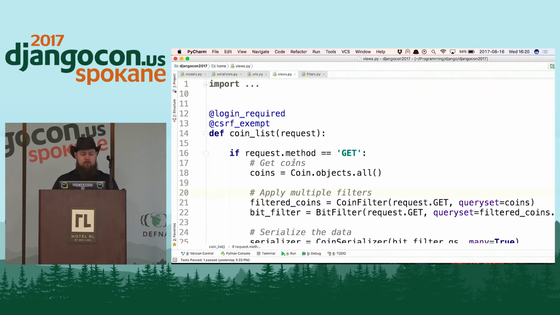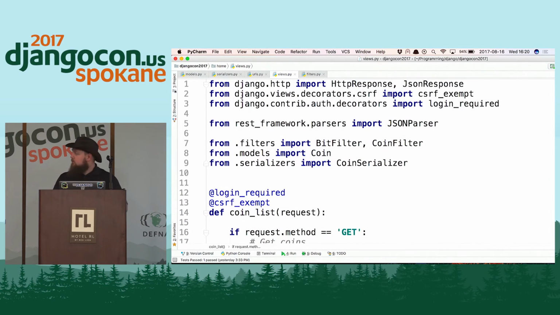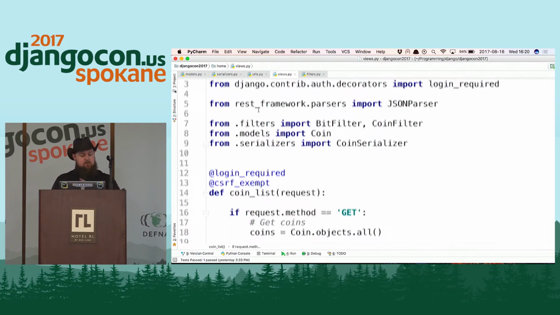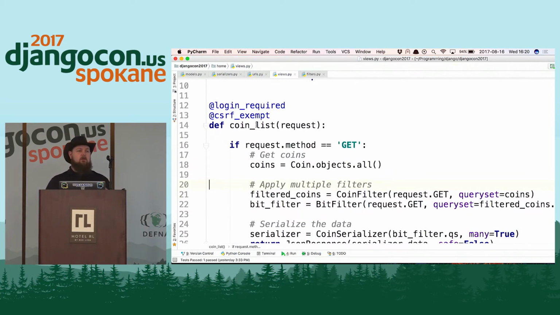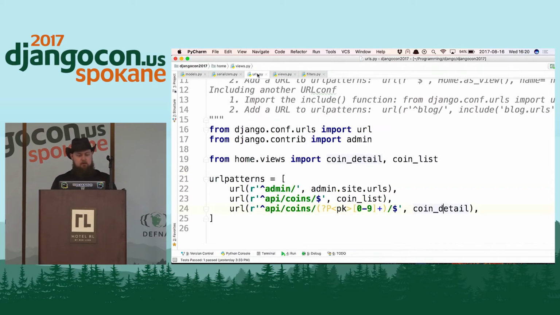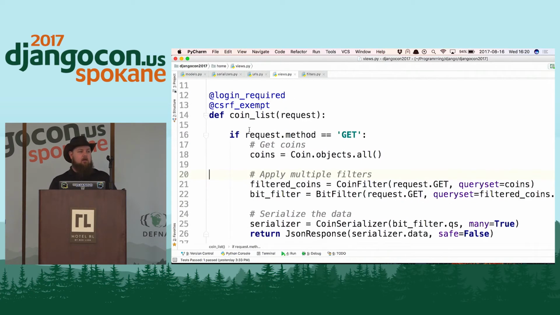And then we have our views here. Okay, all right, so here's our imports. We'll just ignore those. So the first thing we want to do is, let's say we're new to the code base and we want to understand what this is doing, because we have this type of code everywhere for all of our API points. Well, we go to our URLs, we say, okay, API coins, we go to the coin list. Now we're at our coin list view. Well, there's login required. Okay, that's good information. CSRF exempt. Okay, that's good information. Now we know that we don't have to have a CSRF token on doing a post.